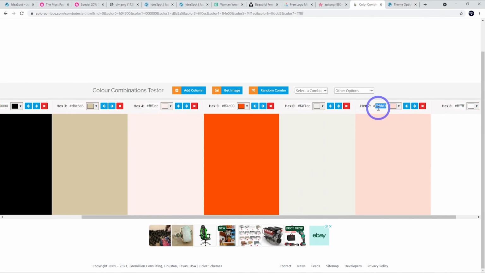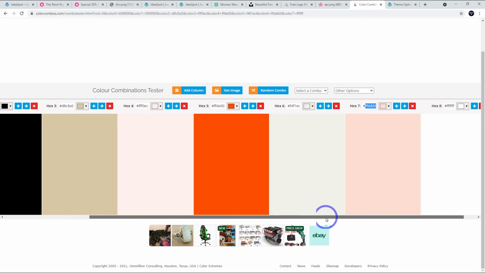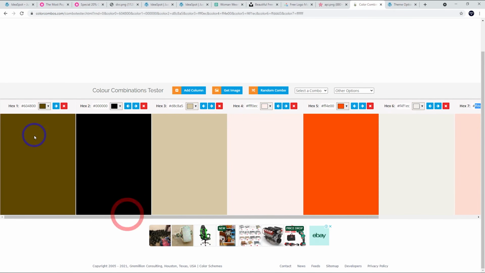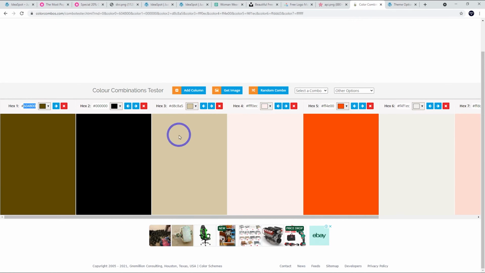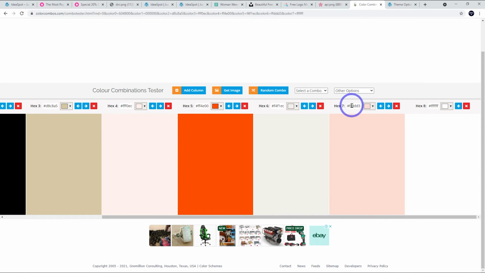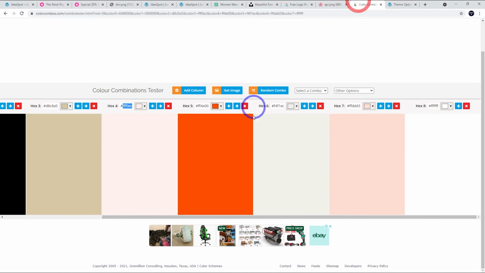And let's move. So maybe this pink here can be this orange. We can replace that. And what else can we do? We've got this more of a gold color. We can replace the yellow. And so on and so forth. Basically, we just go through and replace the colors with our actual useful colors from our page. There we go. So I've just skipped ahead and replaced these colors